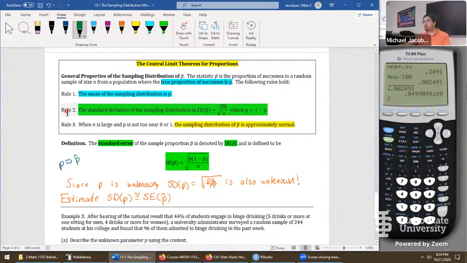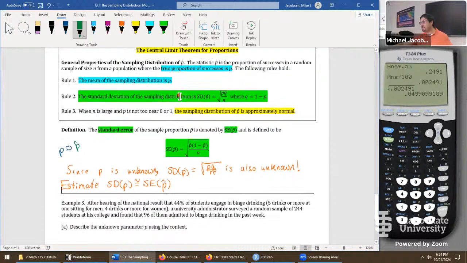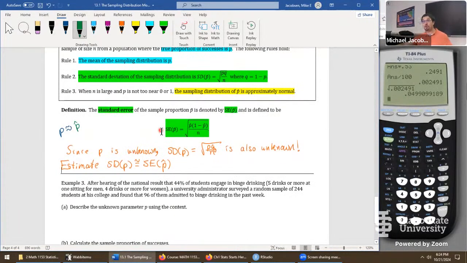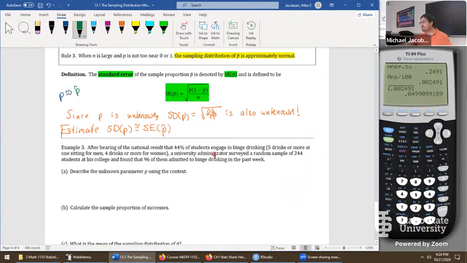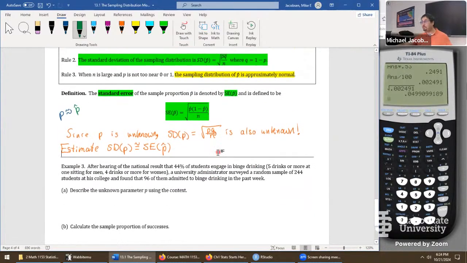That means rule 2 still works for us. What about rule 1? We won't know the mean of the sampling distribution. We don't know the parameter P, but it turns out that is actually okay. We can turn things around and still make a probability computation on P with it being unknown. That's kind of the incredible part about this process. We just really needed the spread. So we're going to estimate it here this way. And what we'll do next on example 3 is just describe how these parts come together.